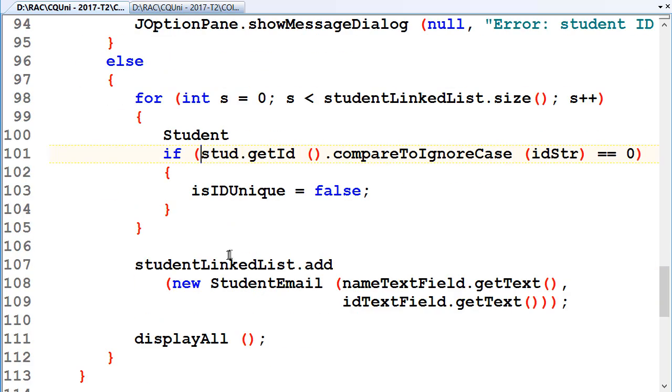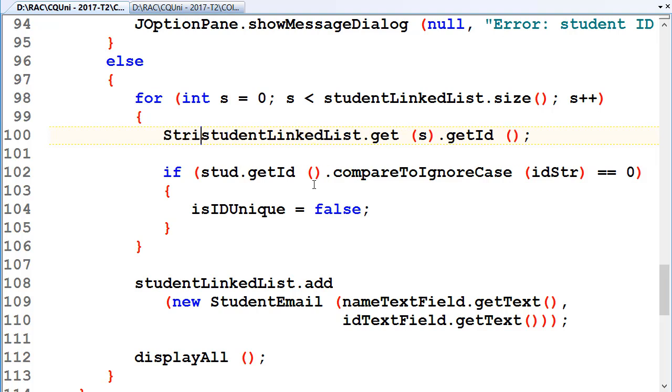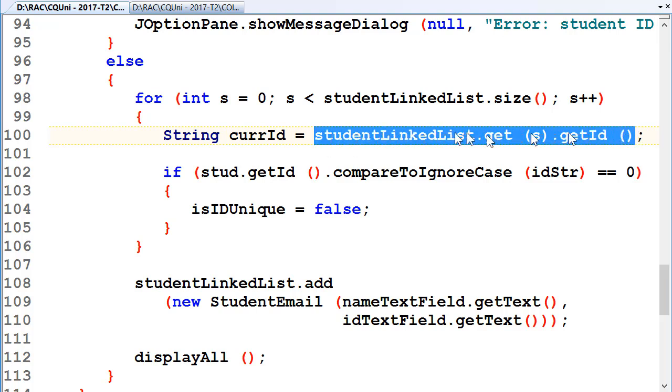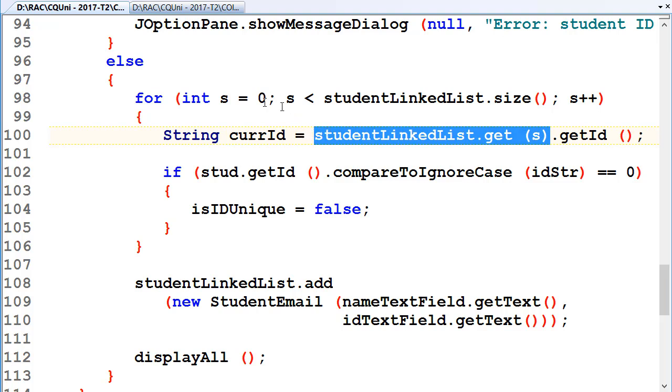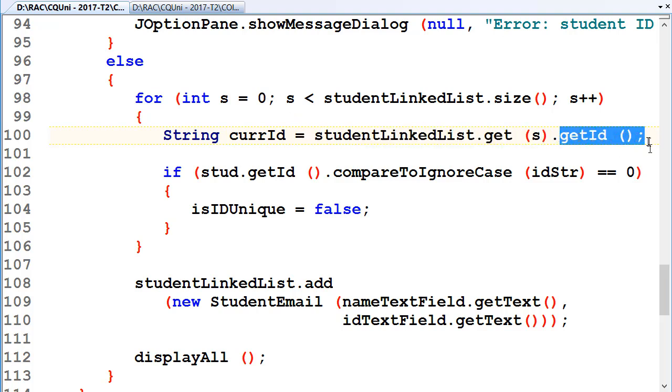But so we'll just use a linked list dot get s dot get id and string id equals. So we're just getting a current ID out of the student list. So student list dot get s gets the current student that we're looking at, so 0, 1, 2, 3 and so forth. And to get their ID we just go dot get ID. So current ID contains the current student ID, and